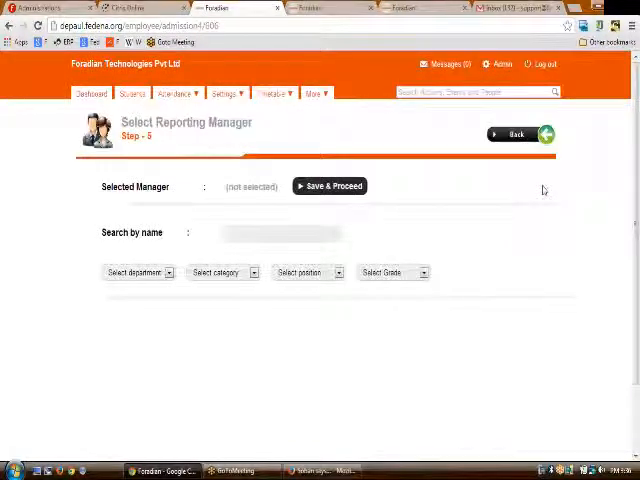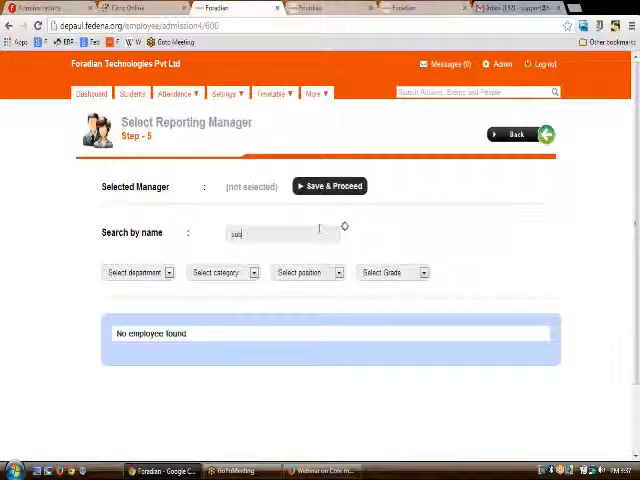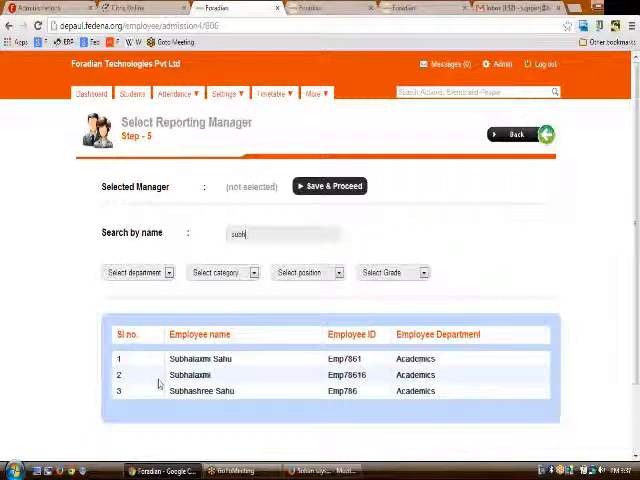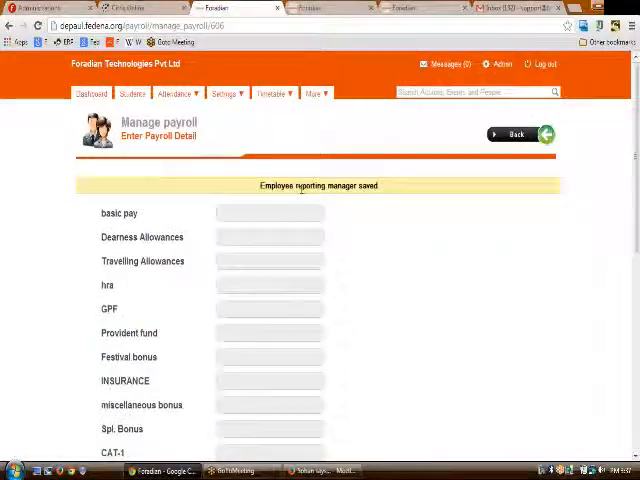Now the next important part of employee admission is the reporting manager, where you need to enter the reporting manager of this particular employee who is getting admitted. So now let us say that we have this name of this particular employee, and again this makes this particular person who is getting admitted report to Subhlakshmi as the reporting manager. And again, on hitting this save and proceed, you will be redirected to the next page of the